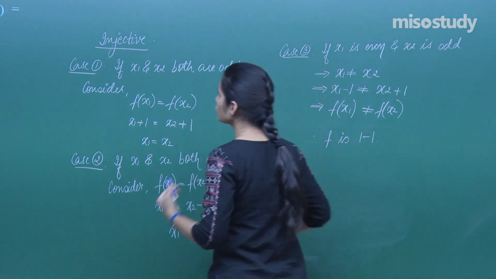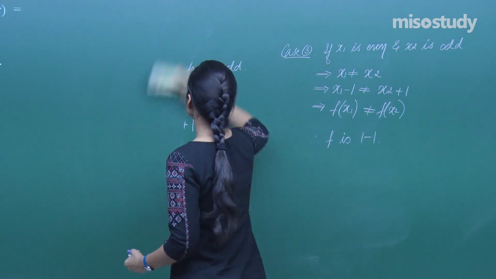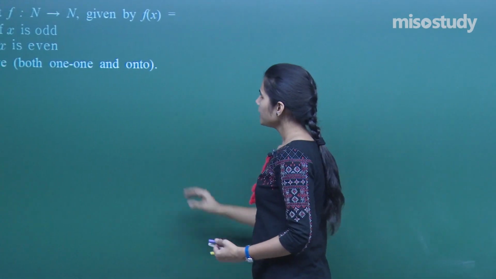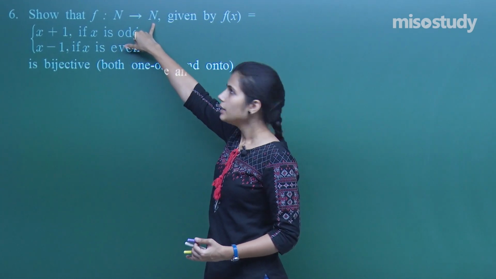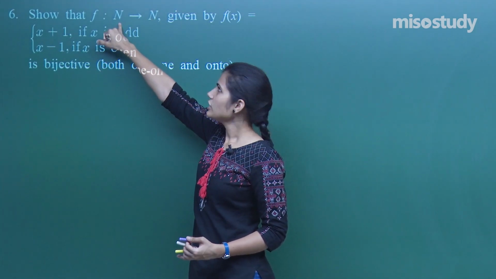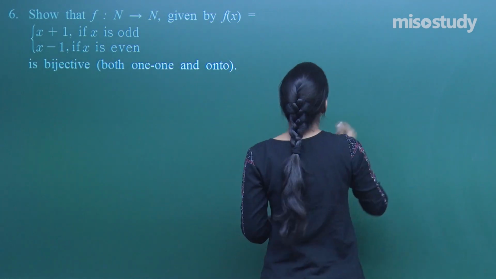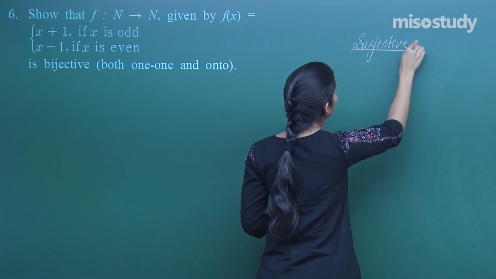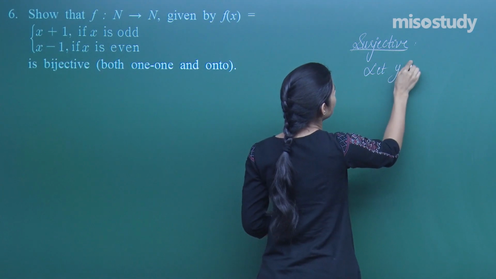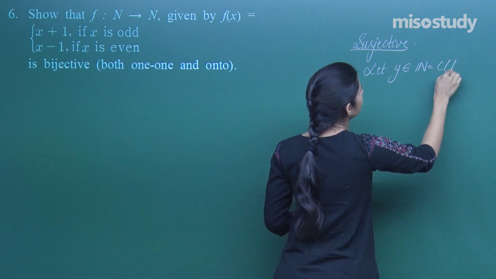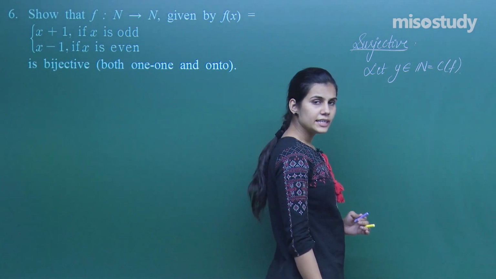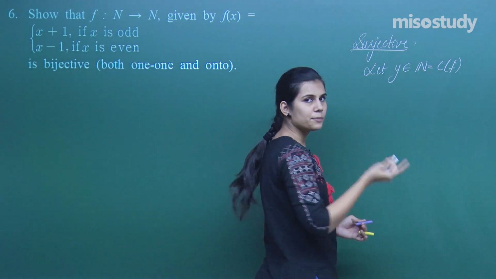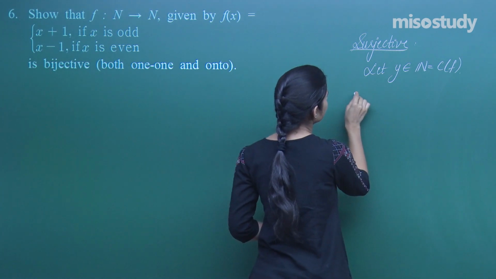Moreover, if I talk about ontoness, if I wish to establish the surjectivity, that means I need to show, give me any natural number here in the codomain. There is definitely a natural number here which f maps to the chosen natural number. Let's try to establish surjectivity. Let y belong to the codomain of f. I need to show that there definitely exists some x in the domain of f such that f of x is this y. That means this y is the image of some x under f. Let y be in N.